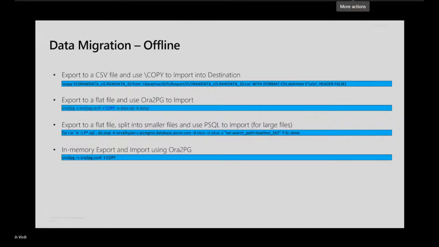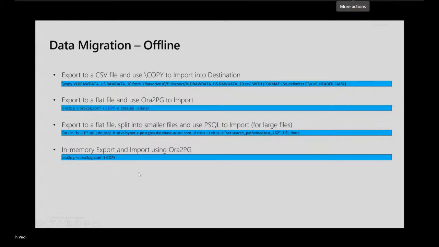Or else you can simply take a CSV dump of your Oracle data and migrate it into Postgre. That is also possible. Or else if the data is not huge, you can use the in-memory export capability of Ora2PG, but I would give you some hints here. This is not a very good option if you have a lot of blob columns, large object kind of data types in your Oracle database, as this can be really slow.